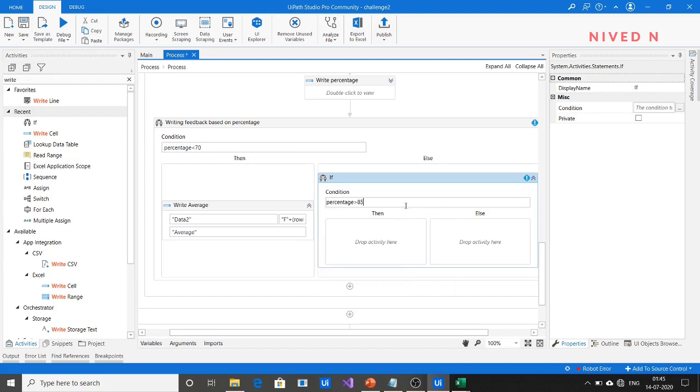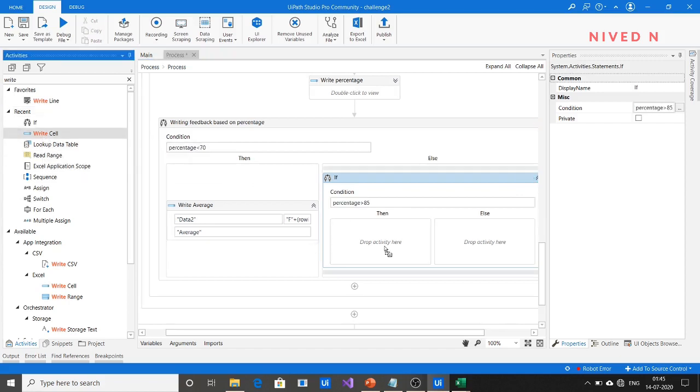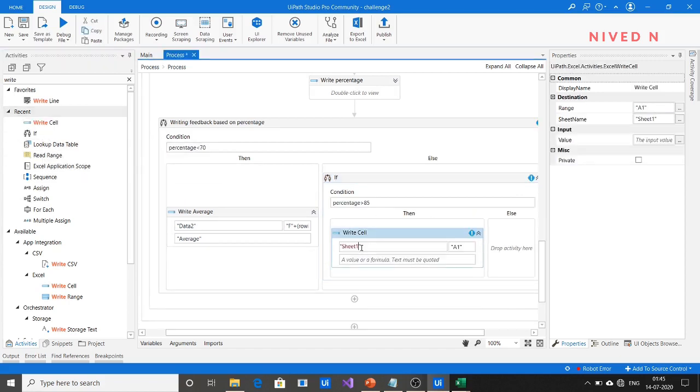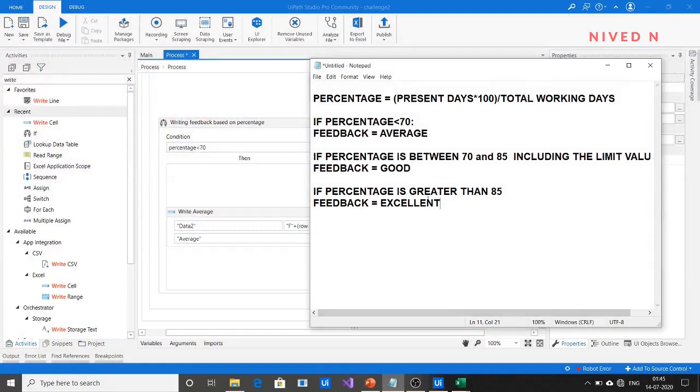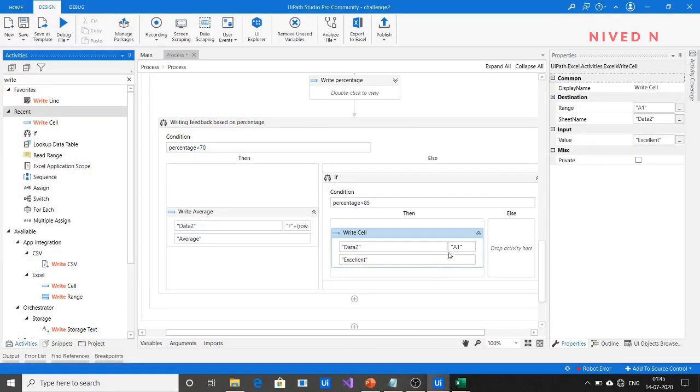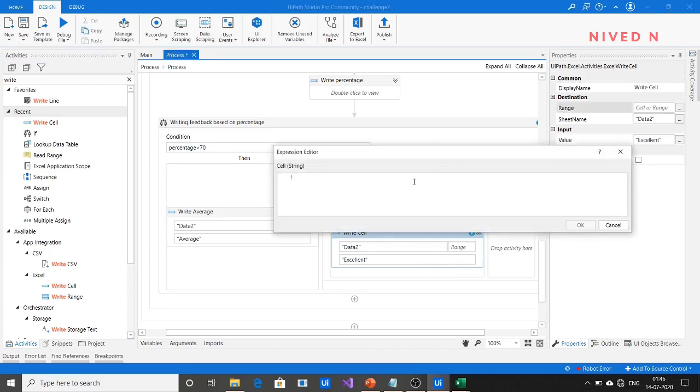Percentage greater than 85. You can specify the right cell here as excellent, because when percentage is greater than 85, it implies excellent. You have to write feedback as excellent. So give the cell.